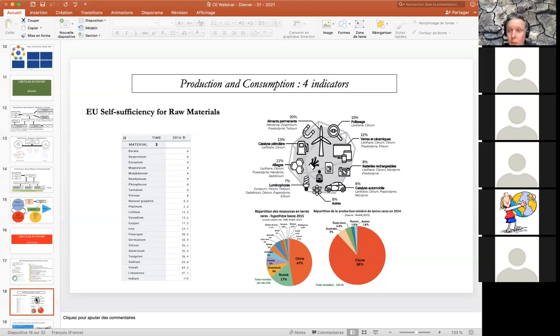Even power plants make a discussion with neodymium, dysprosium. So one of the big deals today for the security question and the sufficiency question is to make the connection between the resource, the production, and the way we believe production is connected to consumption. And maybe you can check my screen.